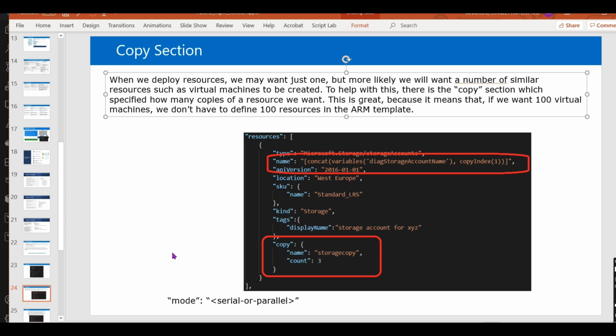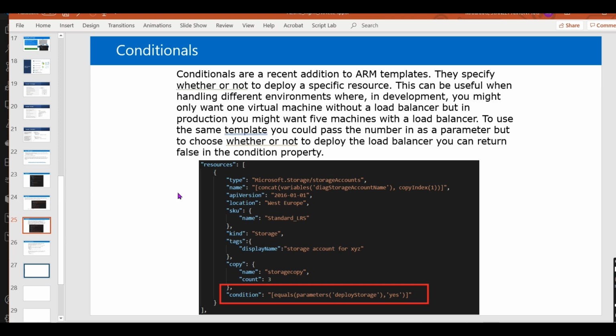But if you have to create all the 3 in parallel, like if you want to create 100 virtual machines in parallel, you can also go and select the mode as parallel. Or if you want to create one by one, you can just go and select the mode as serial option. So that way it will wait for the other resource to get created, and then it will go and create